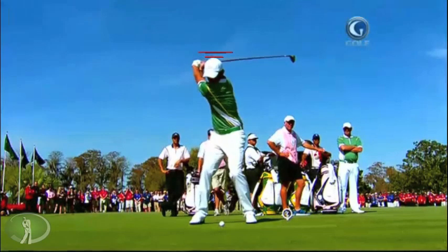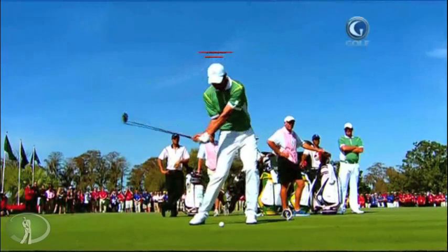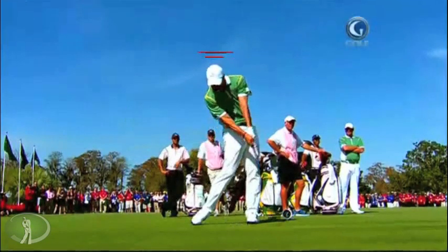Feet are into this ground. Body's rotating out of the way. The hips are clearing. Head is...